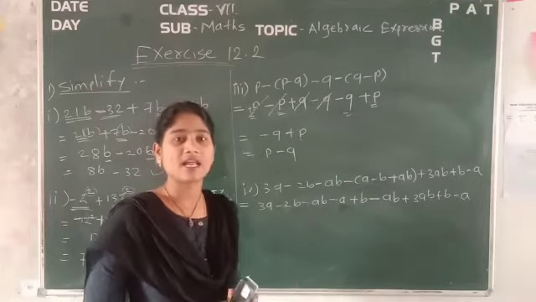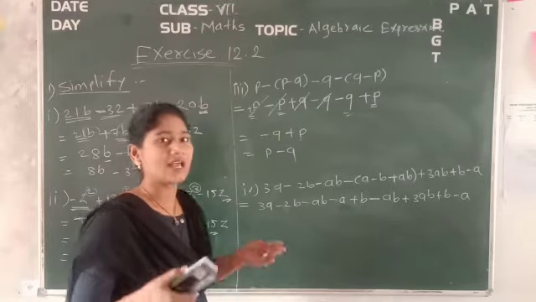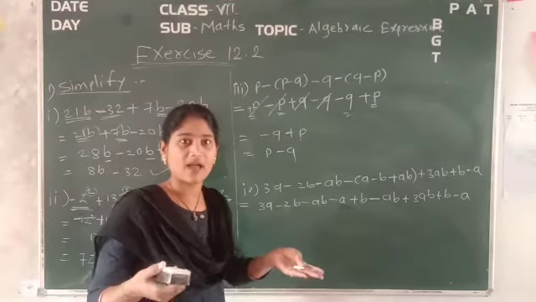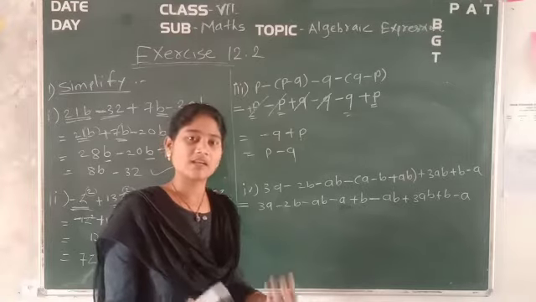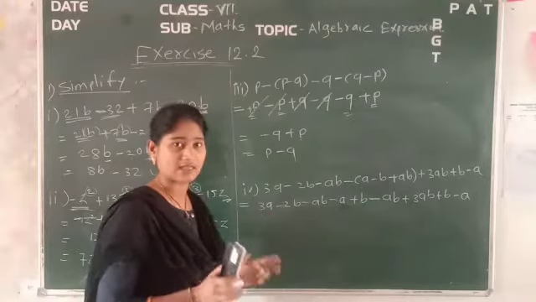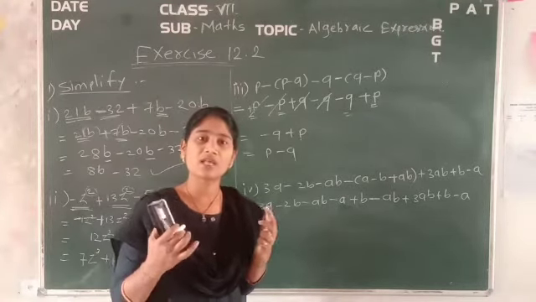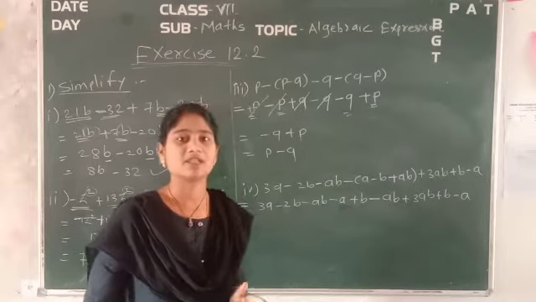Now what is the next step? You have to combine the like terms. Or if they are getting cancelled out by having opposite signs, then you can cancel them out also. But first thing is that we have to gather the like terms. Now see, how can you gather the like terms? By looking at their variables and the powers.